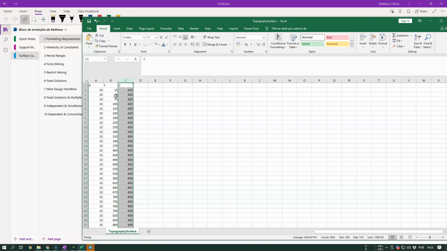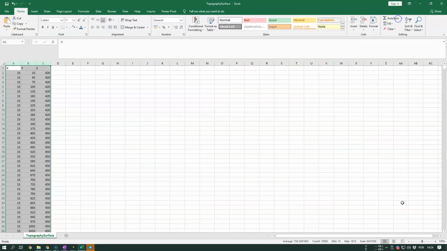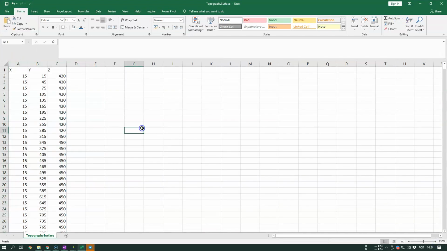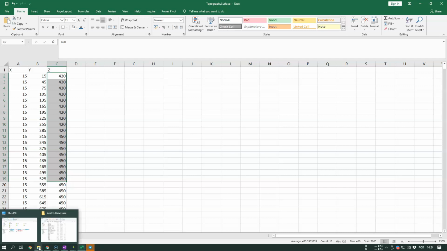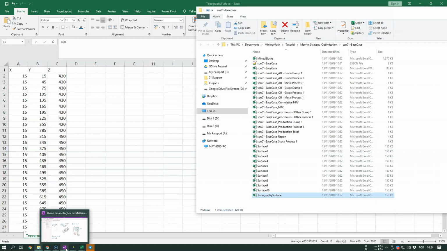The x and y will not change because they must remain aligned with the block centroids. So the idea is that whenever you want to work with surface constraints, you can take advantage of the topography file to manipulate the z coordinate and then have your final surface constraint. This is the first guidance I have for you, but I understand that when dealing with other software, you might need